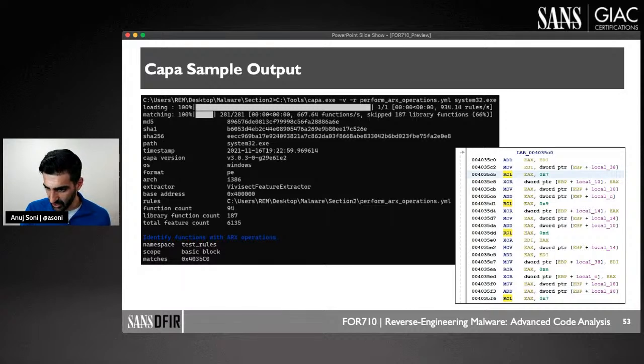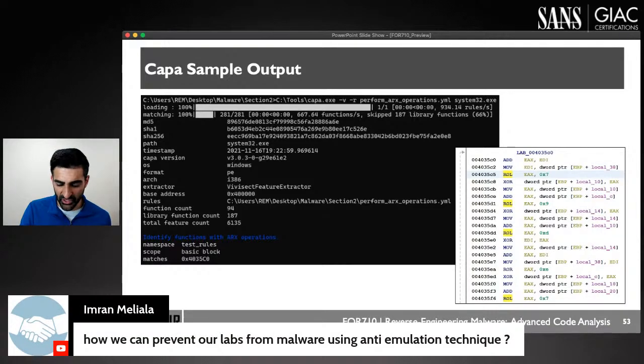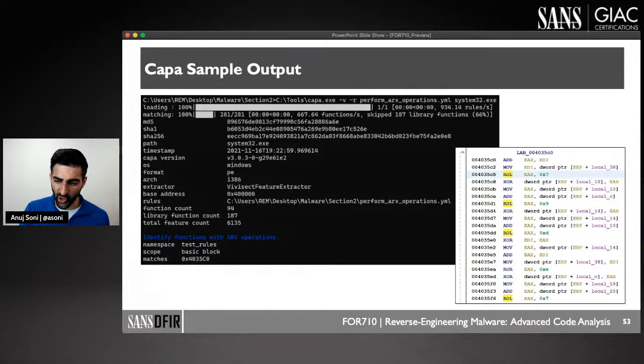Imran is asking, how can we prevent malware using anti-emulation techniques? Anti-emulation techniques. So Imran, if you have a particular technique you're thinking of, let me know. We don't get into anti-emulation techniques in particular here. If you're talking about malware that executes within a VM or something, that's not something we touch on